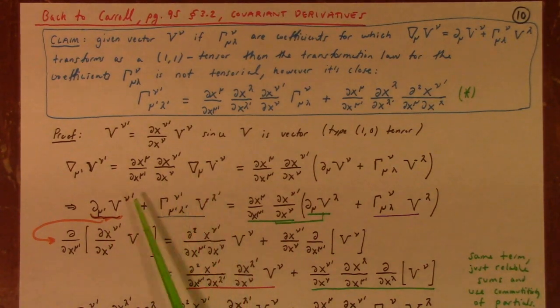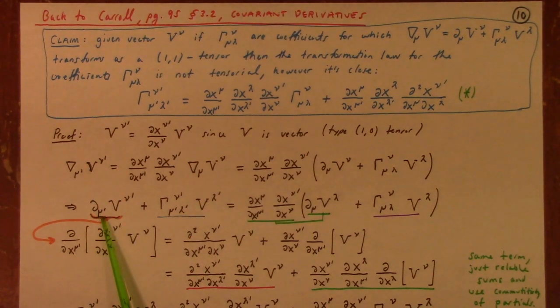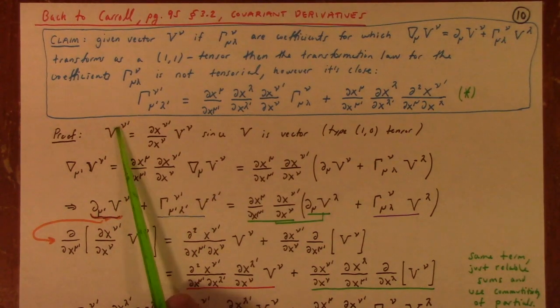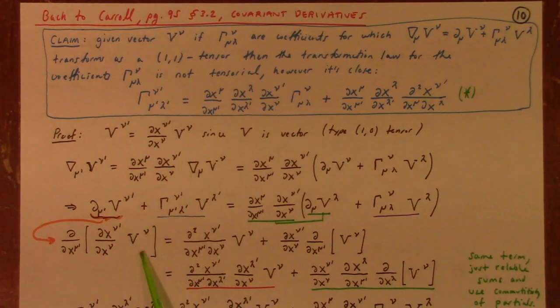let's see, where's this coming from? Okay, so this right here by definition is partial mu prime contracted against V nu prime. And then you have your Christoffel term over here, although at this point in Carroll we don't yet know the formula for these: gamma nu prime mu prime lambda prime. This is the derivative with respect to the prime coordinate, and remember that the vector in the prime system can be written in terms of the vector in the unprimed system